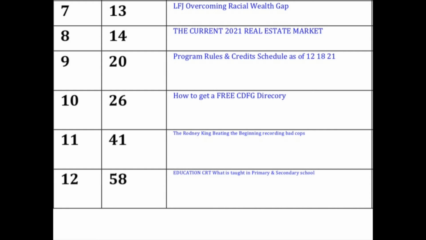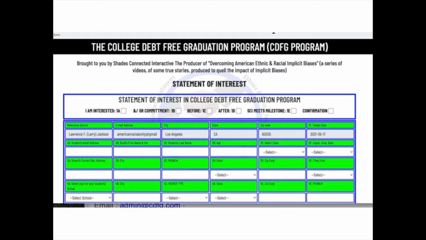You may want to complete the SOI while simultaneously viewing the SOI completion directions. Those links can be found at the bottom of the text located at Post 2000 on our Facebook page. There are 75 other links you may view that deal with incidents of display of implicit biases. We suggest you view about 5 to 6 links a day while you wait for your first acceptance into the